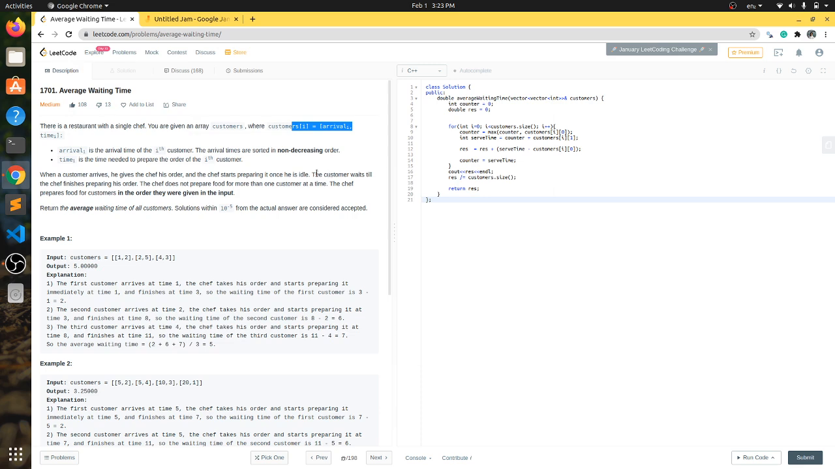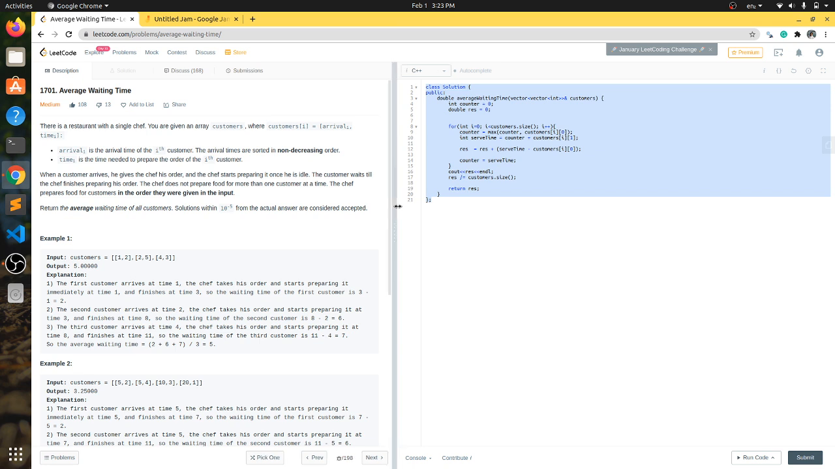Hello friends, today we are going to solve a LeetCode problem, problem number 1701, Average Waiting Time. If you directly want to see the code, then this is our code, you can see it. And if you want to know about the question and haven't read the question till now,